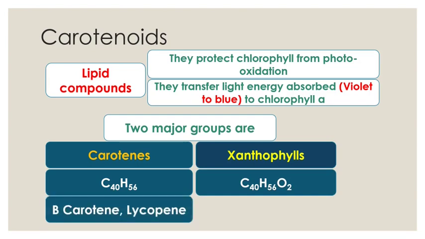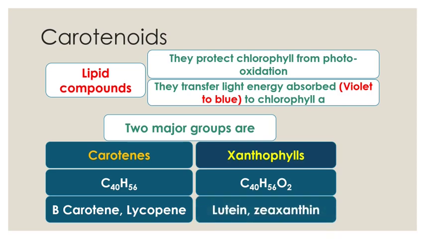Examples of carotenes are beta carotene, which is orange in color. You can find ample beta carotene in carrot, which converts itself after reacting with water into vitamin A, and therefore you get vitamin A when you eat carrots. Lycopene is another example of carotene. This is a reddish carotene found in tomatoes and red chilies. For xanthophyll, the best examples are lutein and zeaxanthin. These are yellow color pigments. You can see lutein in old leaves when they are just about to fall off. The chlorophyll is diminishing in them and they become yellowish in color. This yellow color is because of lutein. So these are the best examples of xanthophylls.